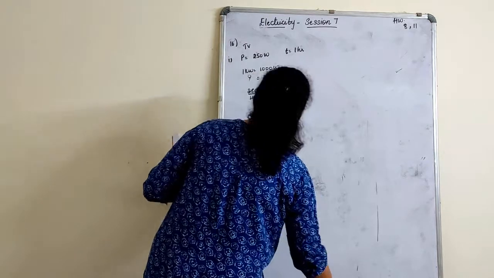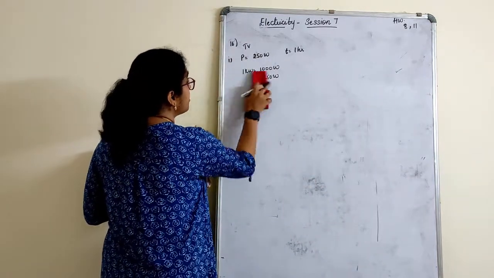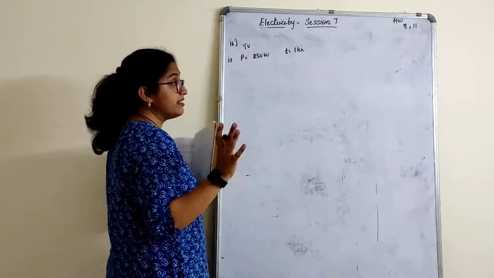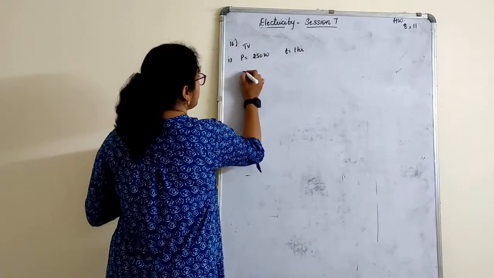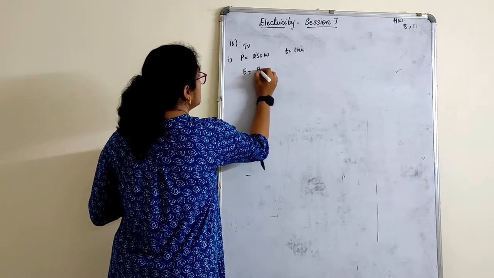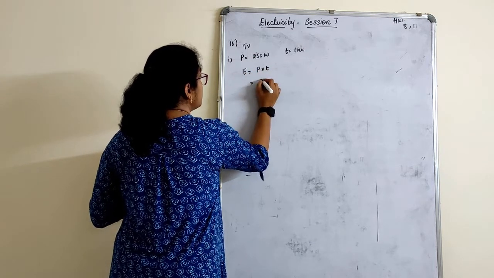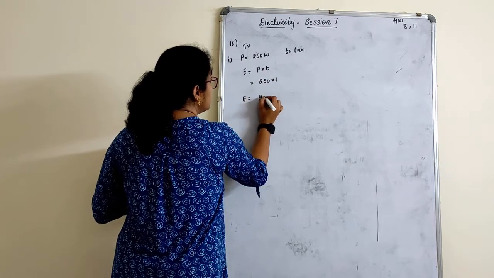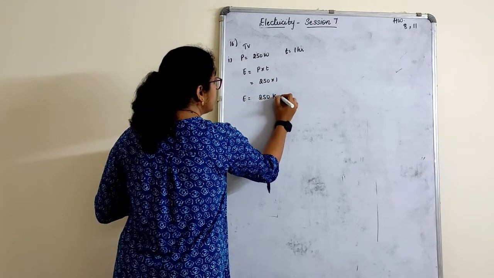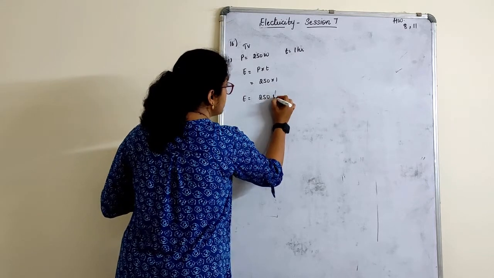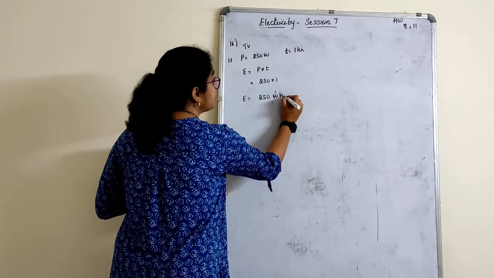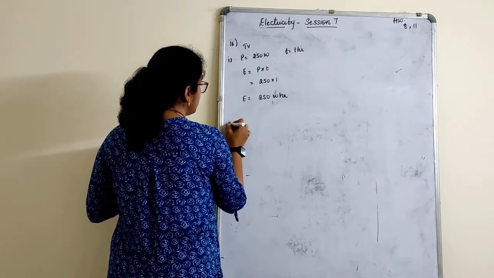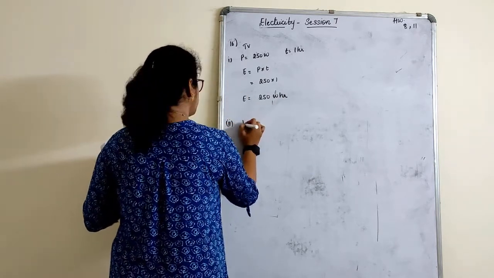So what is best, children, to avoid confusion, we'll keep this in watt only. We are just comparing. We are not finding the final energy bill. So E is equal to P into T, time in hours only. So 250 into 1. So energy is 250 watt hour, because kilo will not come. This is for the TV. Second is for the toaster.